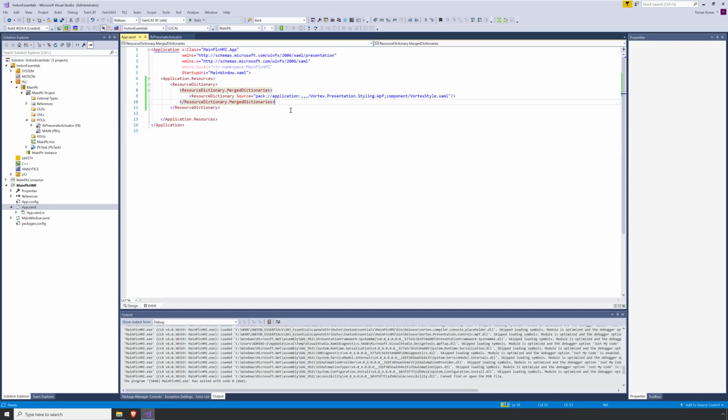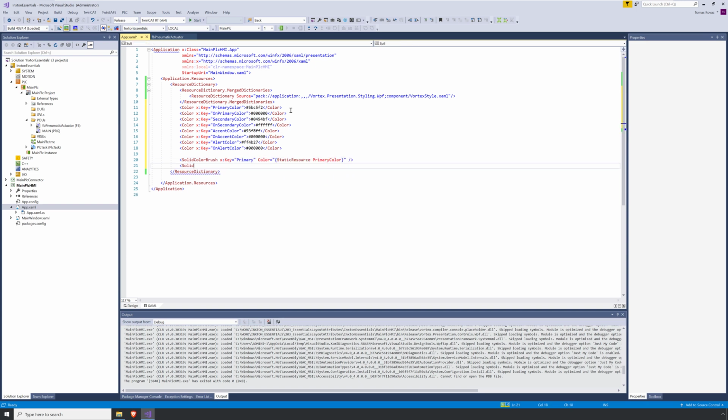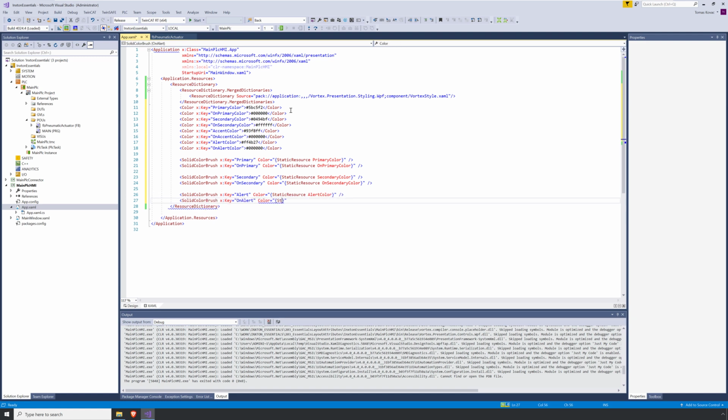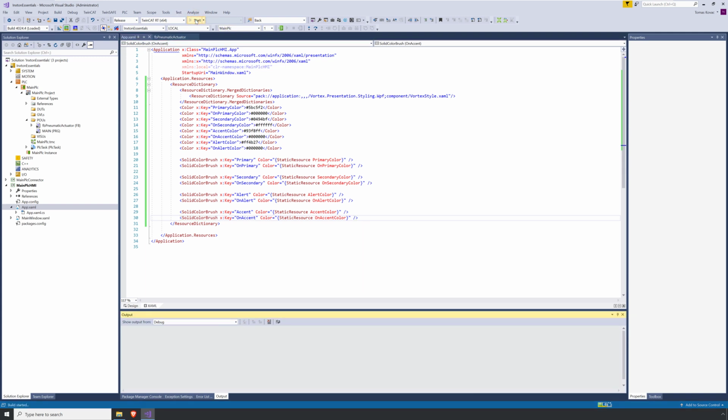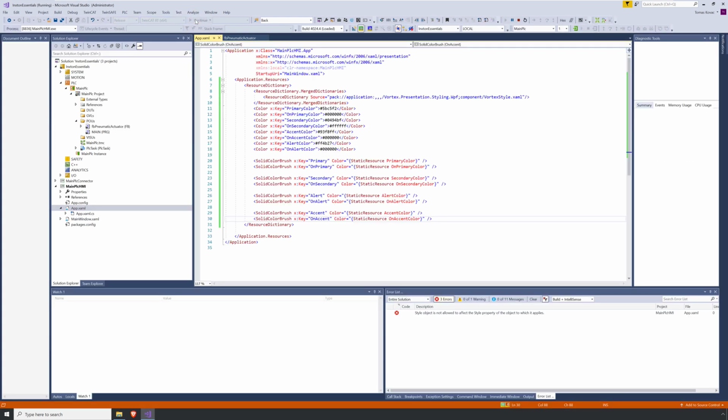To redefine the colors defined in the resource dictionary, use the static resources according to the video placed below the resource dictionary.merge dictionaries section. So, start the application and check if the changes have been affected.